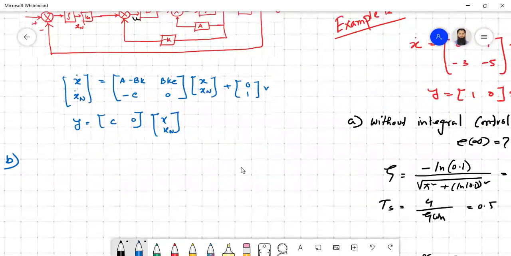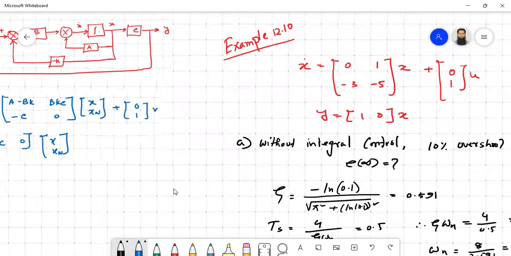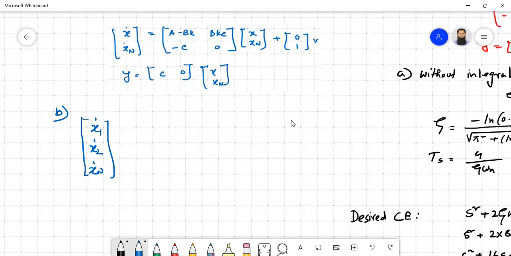We can easily figure out all this from this equation. Now, directly, if we plug in the new system, we already have two state variables, that is x1, x2. Now we are introducing the third one, xn. So x1 dot, x2 dot, xn dot should be equal to